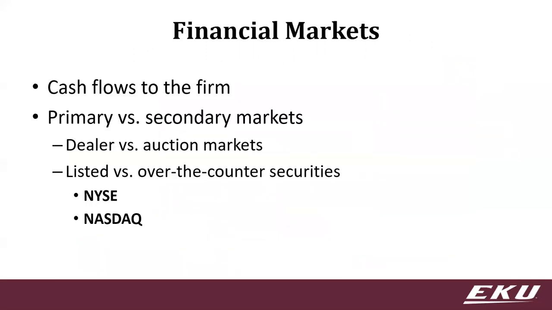Okay, and so the last thing to talk about are those financial markets. We just went over those cash flows to the firm. I just want to talk about ways we talk about the markets as well. Primary versus secondary markets is a reference to whether the stock, or whatever the security is, is being sold for the first time, or is being sold to other people. In primary, we refer to this as an initial public offering, or an IPO. This is the first time that it's ever available, so that's why it's the primary market.